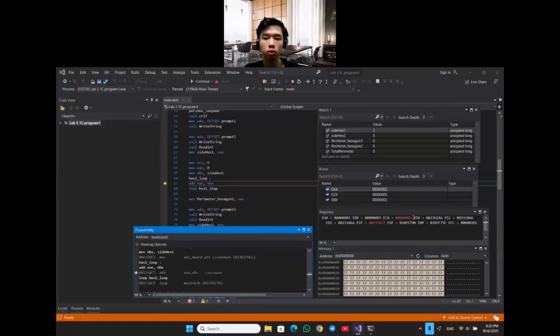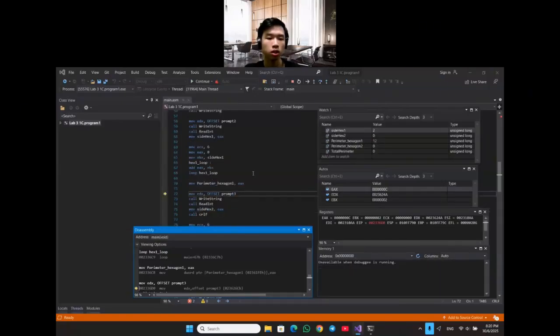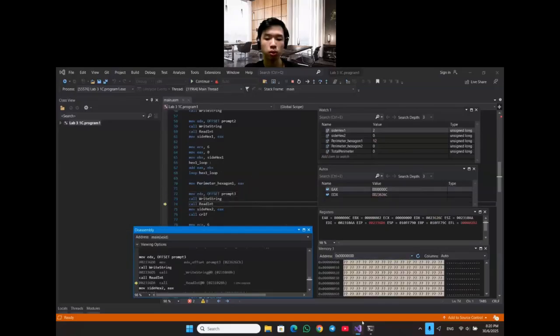And then as it keeps running, it will keep decreasing until it becomes 0, and the program continues to move the value in EAX into the perimeter of hexagon 1. So here we can see the value change to 12. And while the program keeps continuing,